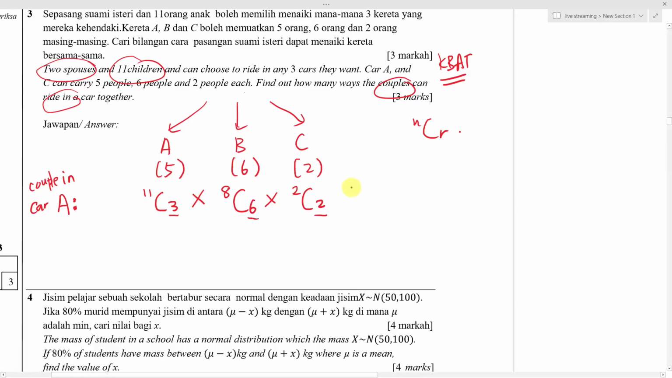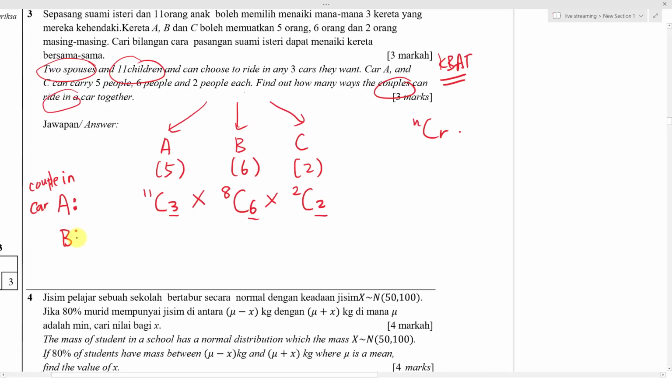So if you're worried that you can't choose the couple, I will just take the couple over there and do a 2C2 here. That means from the 2 people over here, I choose both of them. If you type it in the calculator, 2C2 is basically 1. So if I already put the couple into car A, I don't need to write the 2C2. I can just ignore it, because anything multiplied by 1 doesn't change the result. Alright, then